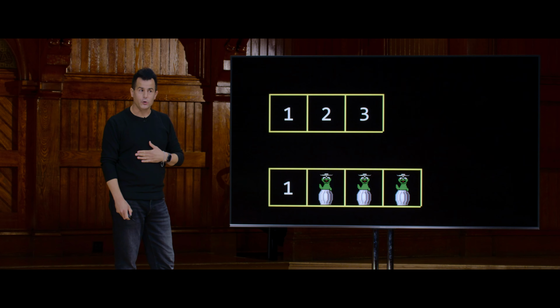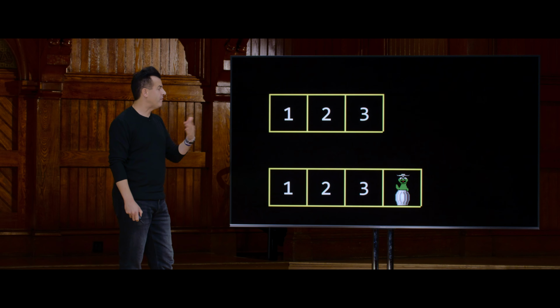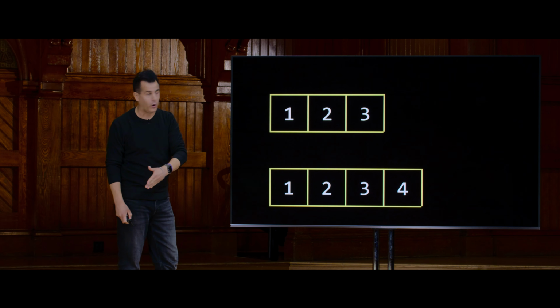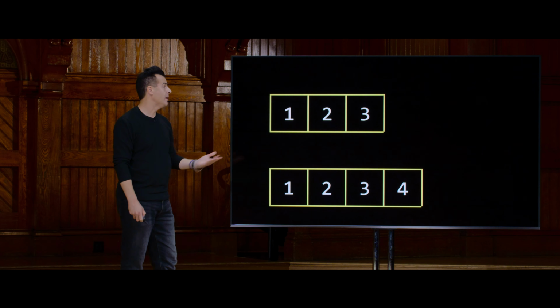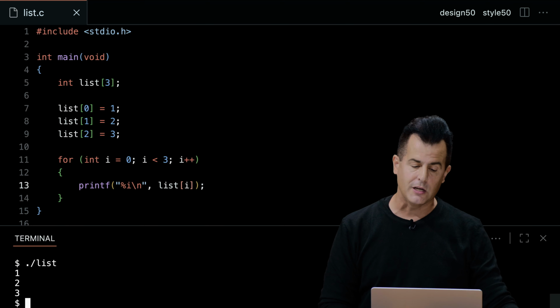But of course, if I want to do that, I've got to copy the first 3 values over and then put the 4th one there, and then presumably give back to the operating system the memory I no longer need. So that, in fact, when using arrays, is a perfectly valid solution. And I think we can go ahead and do this in our same program. So let me go back to VS Code here.